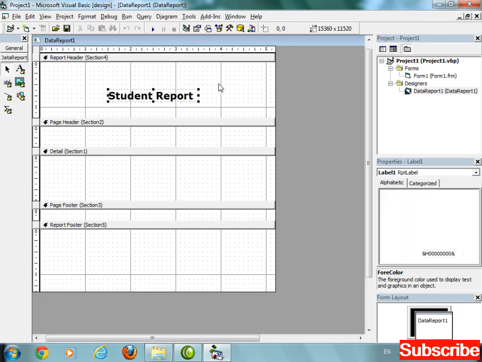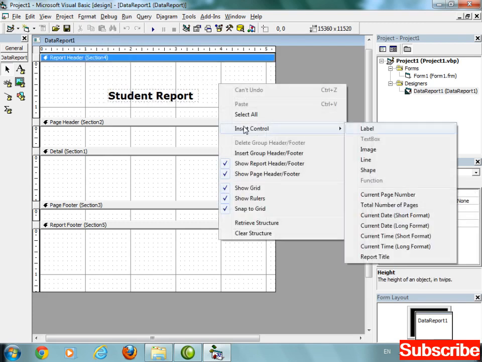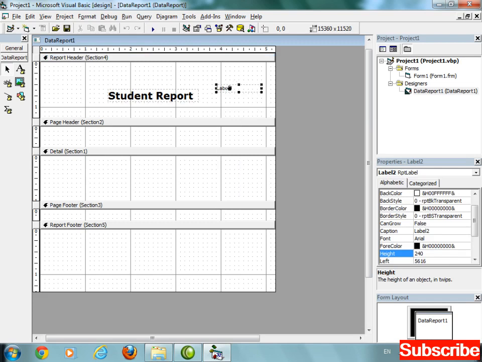Insert another label. Right click, insert control, and label. The second label is for Kardan University. Increase the size.